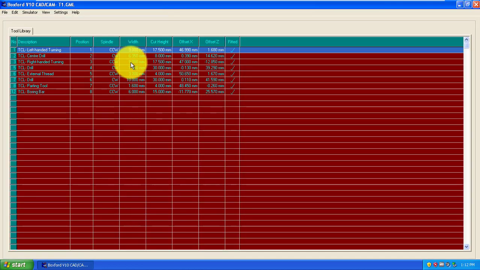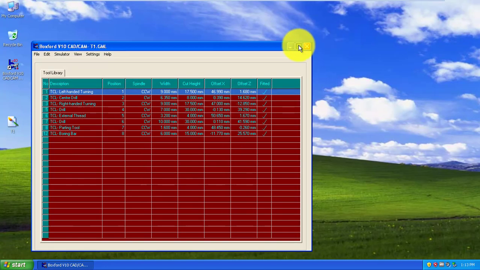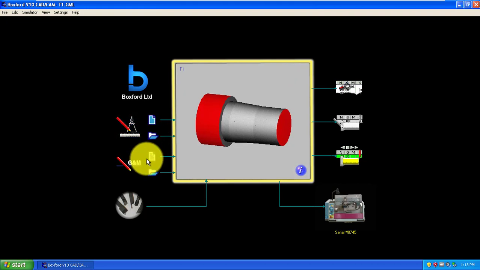Here we have the tool library. You can see the tool library. You can also create or write the G and M codes in the G and M sheet. So this is the software which we can use to create the CAD model and to generate the G and M codes, as well as having the simulation option.